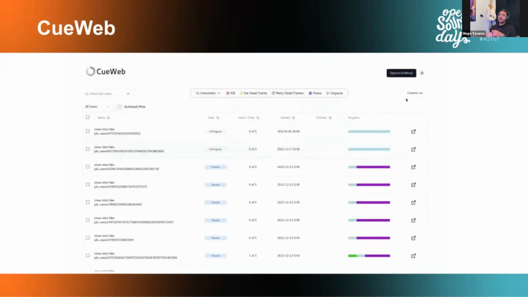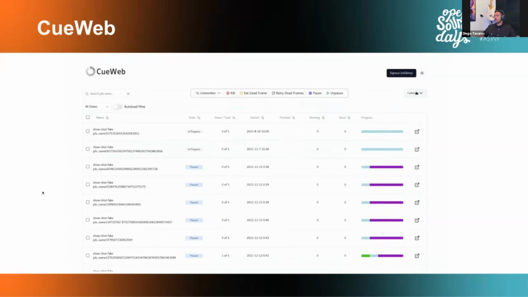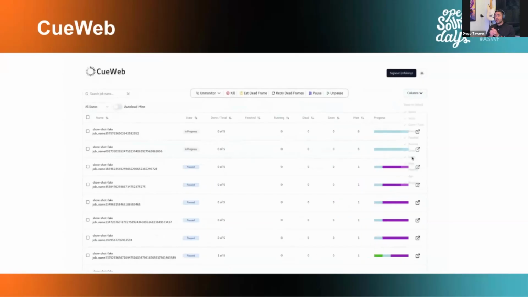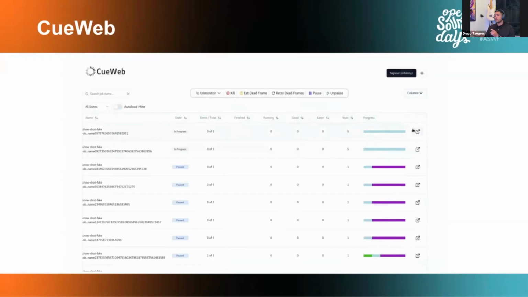First, it has a login, a sign-in webpage that integrates with Okta, Google, and GitHub. So when installing QWeb, you have to configure your signing service, which is very simple. It's just getting the tokens and the key and integrating that into the code base. And with that, your users will be able to sign in. And on the basic interface, you can see the jobs that are running under your name. You can filter and change the columns that you want to see. You have actions to queue a job, edit a frame, pause a frame, unpause, everything that you have access to